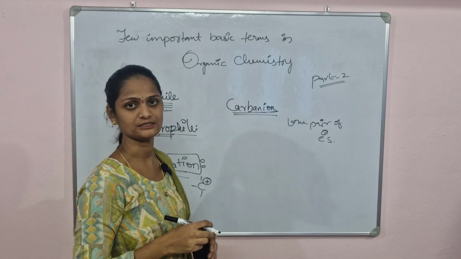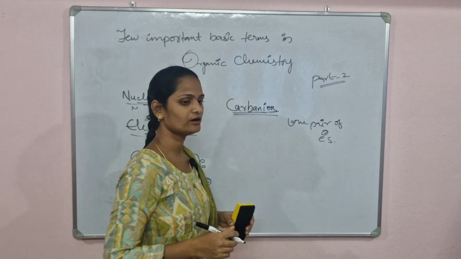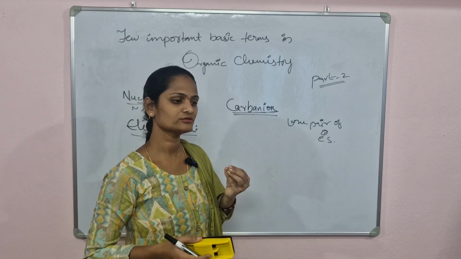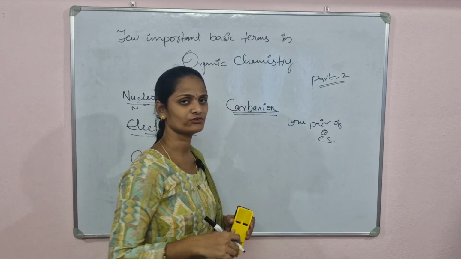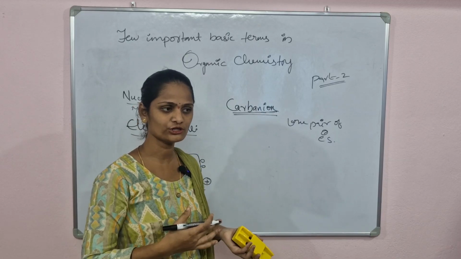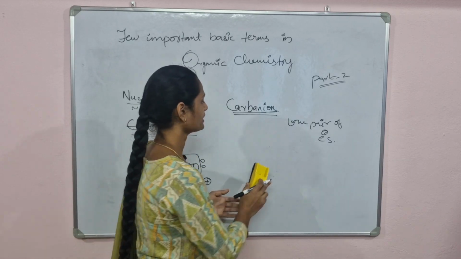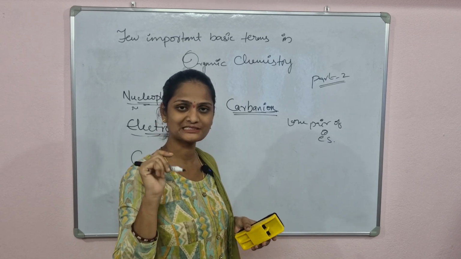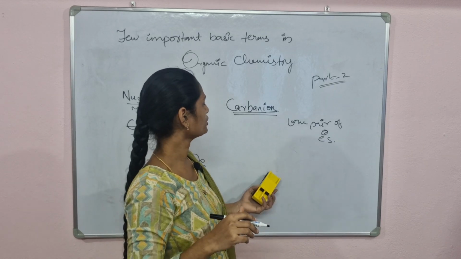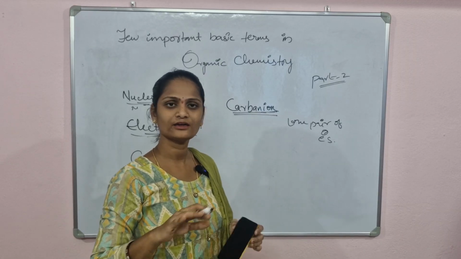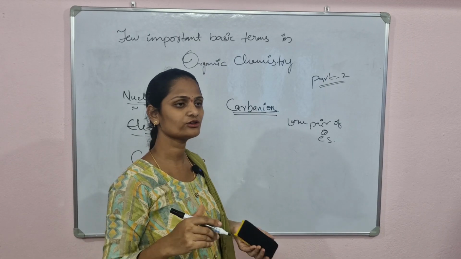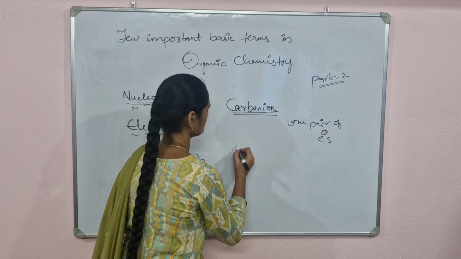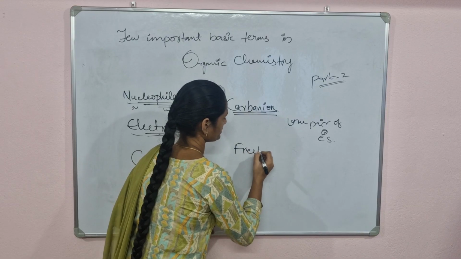Next, free radical. Free radical means during any reaction, it contains only a single electron. Normally, any atom or molecule contains an electron pair, but it has only a single electron, not a single lone pair, just a single electron. It is highly unlikely to be stable with that single electron. So it will always try to react with another molecule. Free radical.